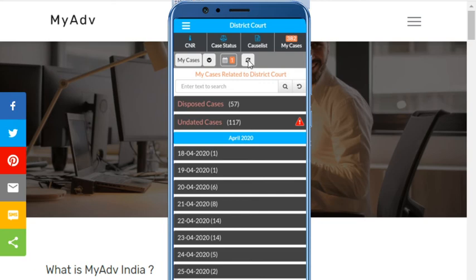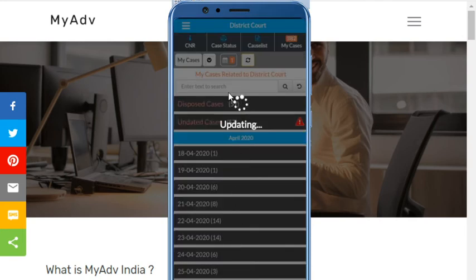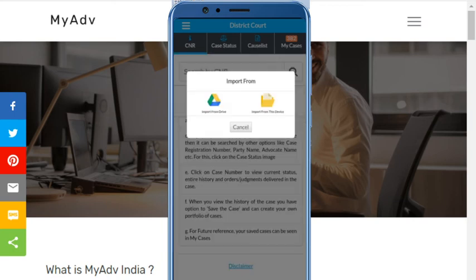When we click on this button, the app is easily updated, and the next date is automatically updated. We can import the complete file which we have saved.